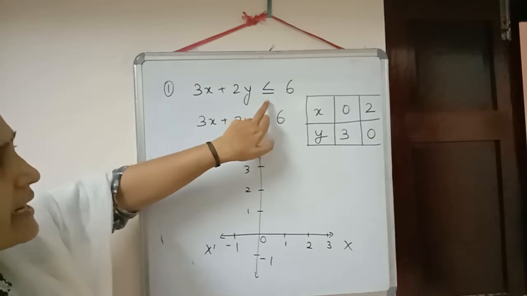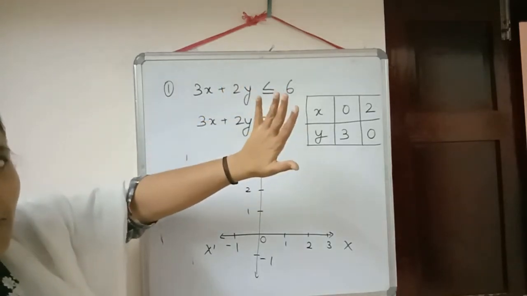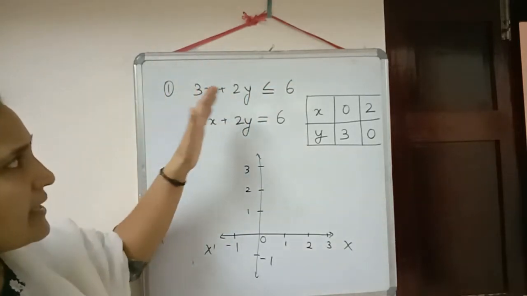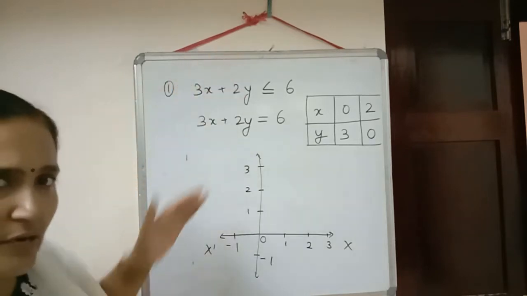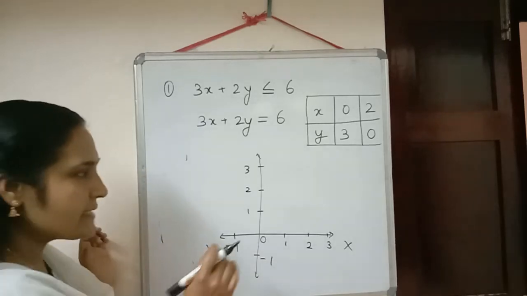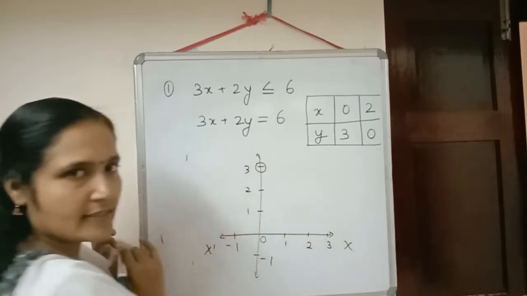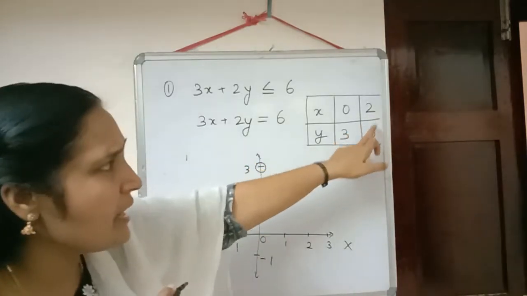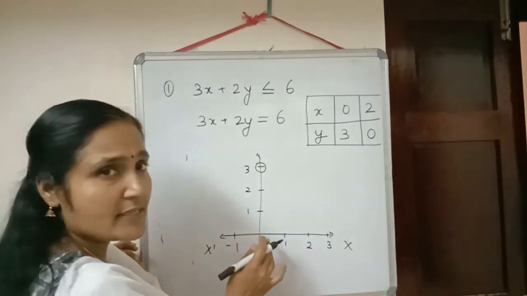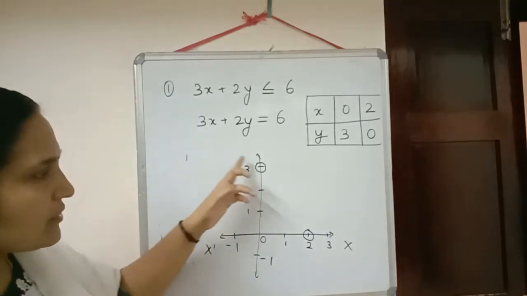Now we will draw the graph there, and you can check here. Less than sign is there and equal to also is there, means it is equality, not strict inequality. In case of strict inequality, we have to use dotted lines. But here we have equality also, so we will draw a straight line there. So first point is (0, 3): x equal to 0 and y is equal to 3, so it will be on the y-axis. And the next point we have (2, 0): x equal to 2 and y coordinate is 0, so the point will be on the x-axis. So we got 2 points there.